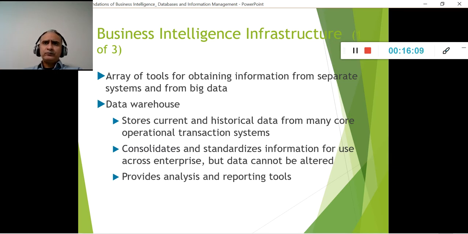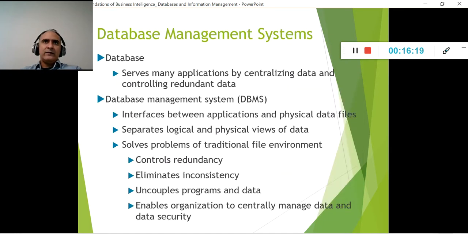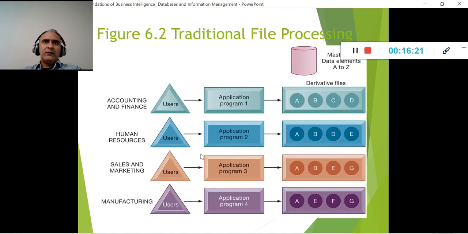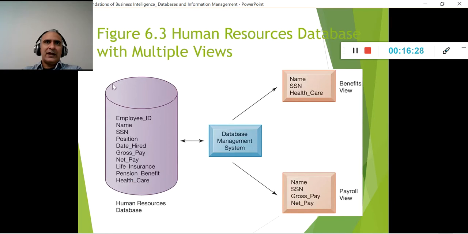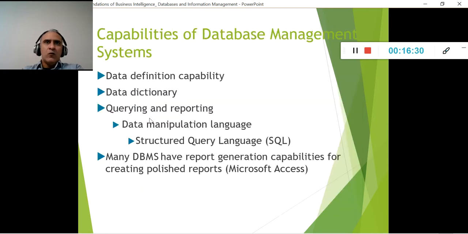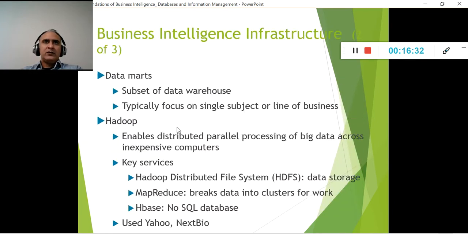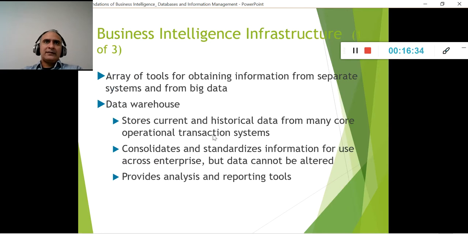So in this case, when we have centralized data, when we have a data warehouse, when we have all the data located in one place, rather than having silos of information with different languages and different sections, we are going to standardize it and it becomes a master data that has all the information in one place. That is what we have as a data warehouse. That is the biggest scope of it. We have a very, very large